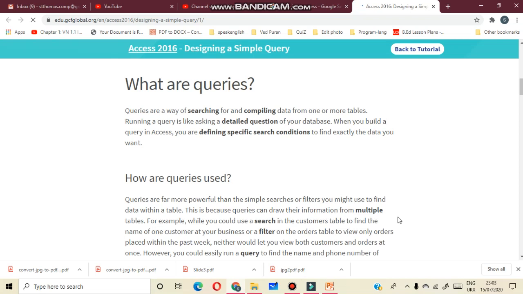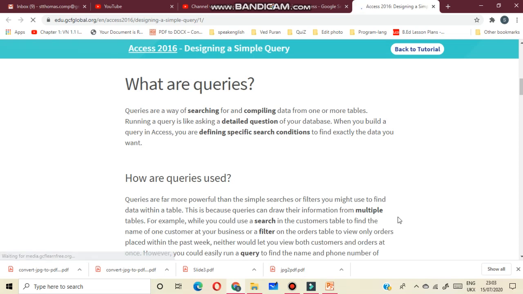Queries are a way of searching for and compiling data from one or more tables. Running a query is like asking a detailed question of your database. When you build a query in Access, you are defining specific search conditions to find exactly the data you want.